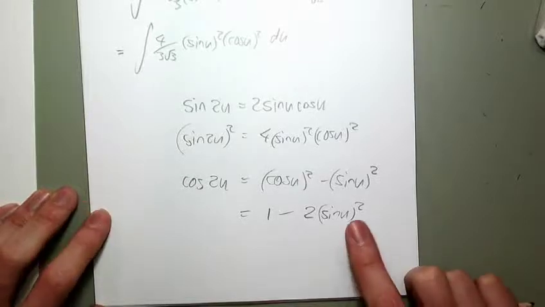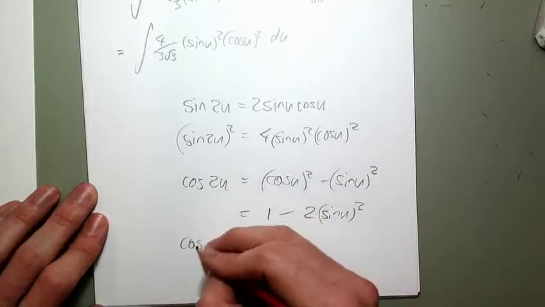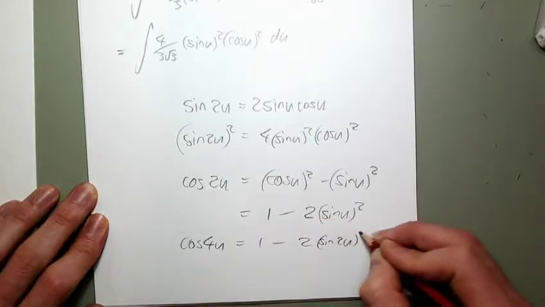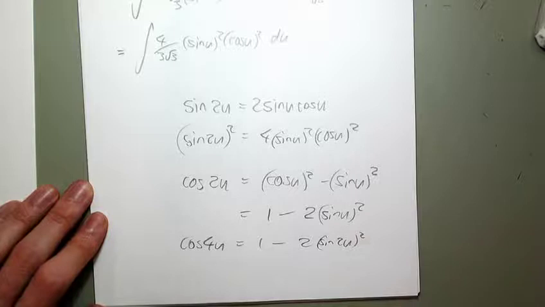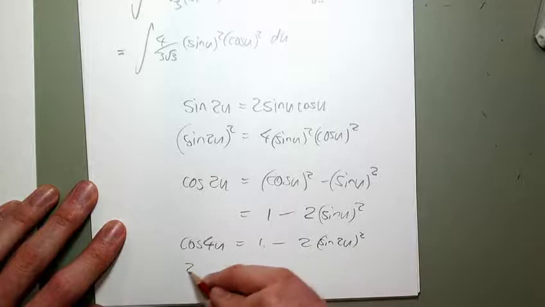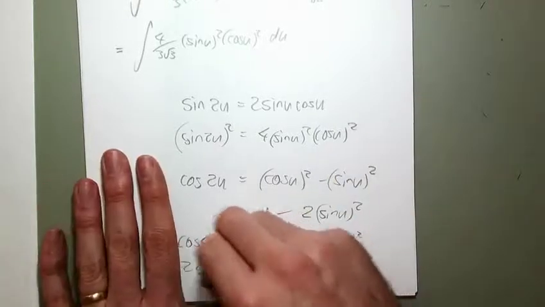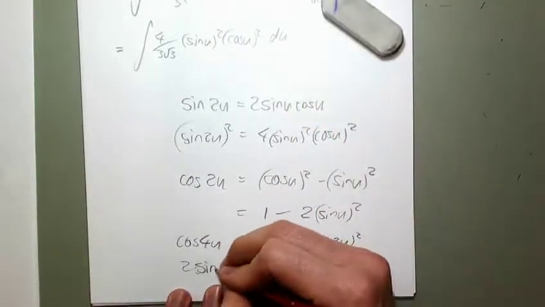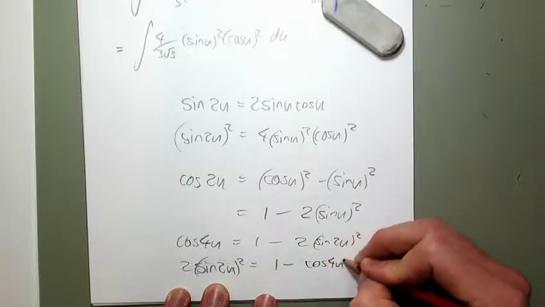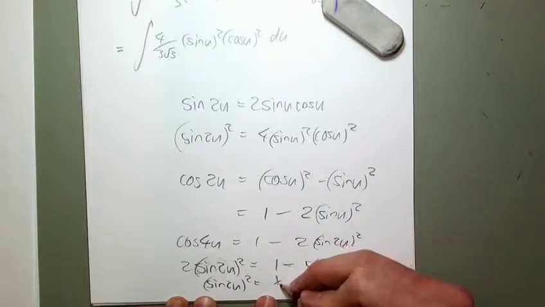But I don't have sine u squared, I have sine 2u squared, so I'll replace the u with 2u and I'll get cos 4u is 1 minus 2 sine 2u squared. And then I'll rearrange that to get the sine 2u squared again. So we've got, that goes over there, 2 sine 2u squared is 1 minus cos 4u, and so sine 2u squared is actually a half minus a half